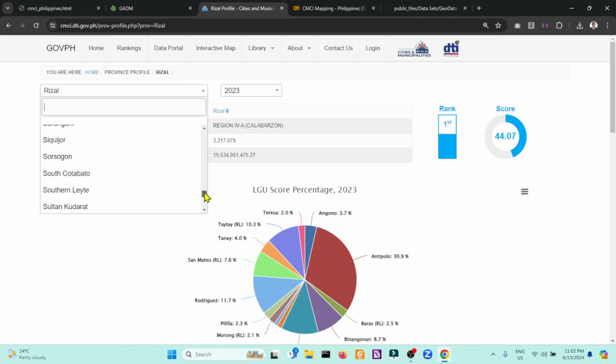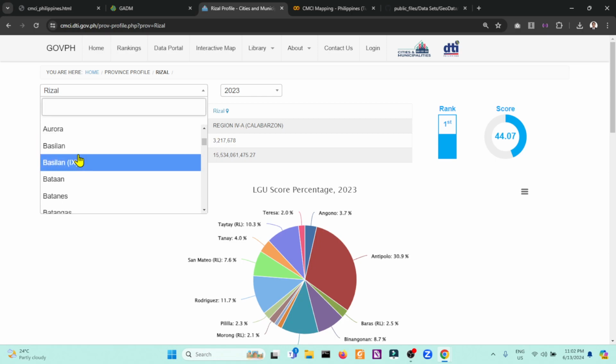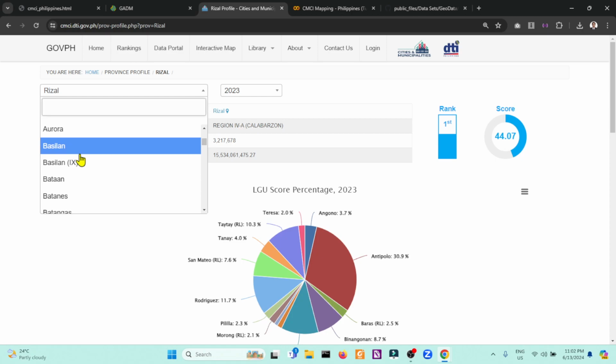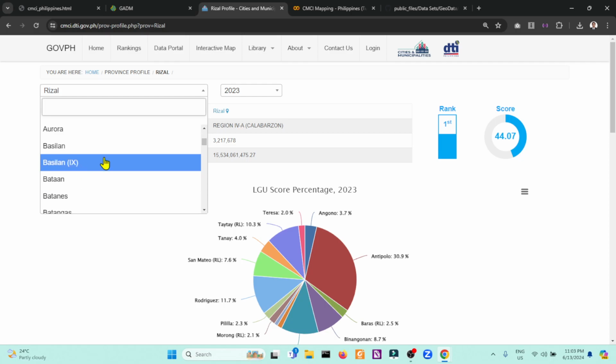Based on the CMCI data, we have two Basilan, which is not present in the GeoJSON data. So what we would like to do is copy the instance of Basilan and its geometry and create an instance of Basilan 9.